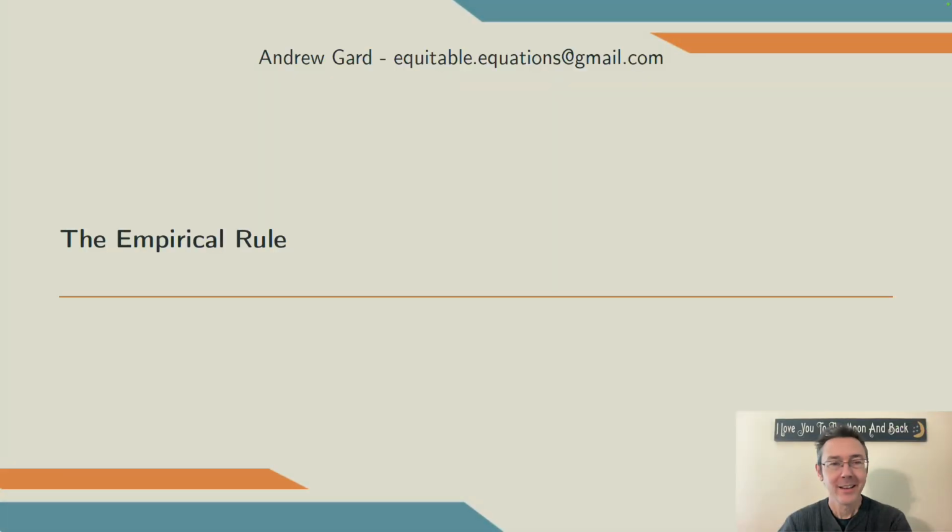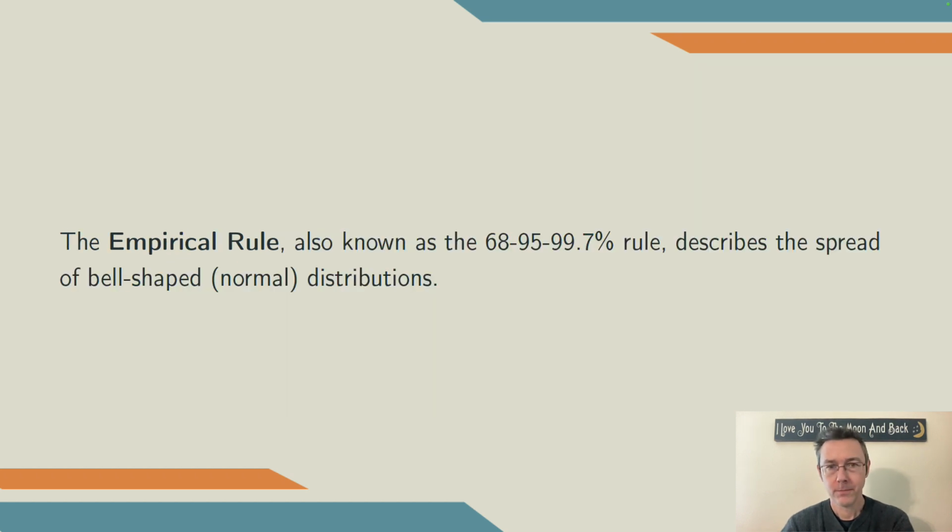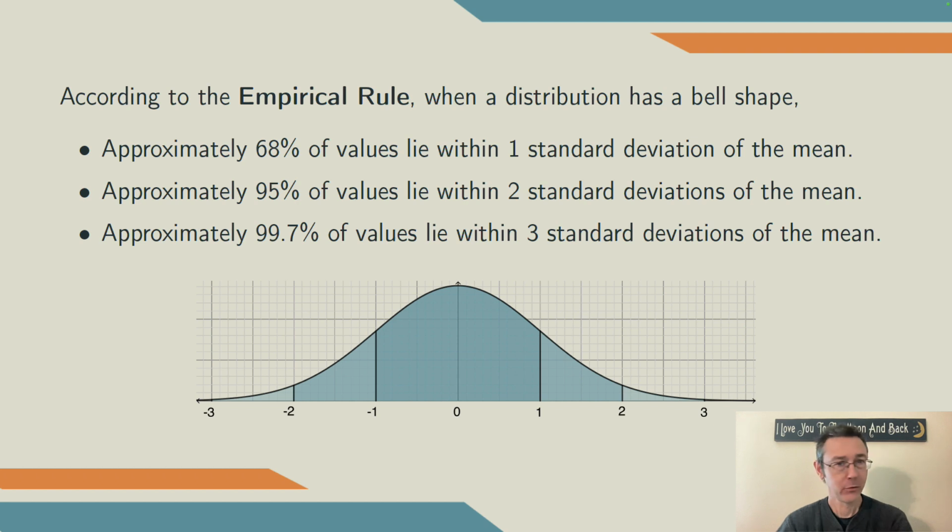Hey everybody. Today we're talking about the empirical rule. The empirical rule, also known as the 68, 95, 99.7 rule, describes the spread of bell-shaped or normal distributions. Here's what it says. When you've got a bell shape, about 68% of values lie within one standard deviation of the mean, about 95% lie within two standard deviations, and about 99.7% of values lie within three standard deviations of